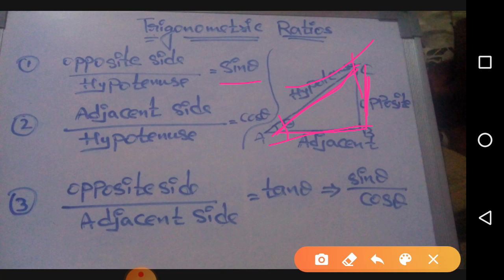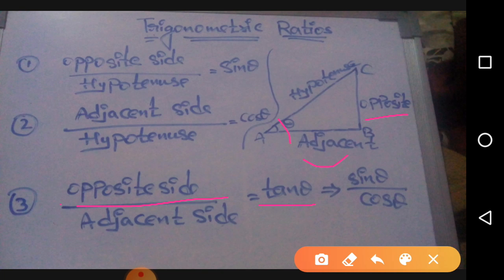Next, we have the second parameter. Let's say the angle is given and the hypotenuse is given, and you want to find the adjacent, then cos theta equals adjacent side by hypotenuse. Whereas the third parameter, even though there are other three parameters which we'll discuss in later classes, tells about this: if adjacent is given, angle is given, and you want to find the opposite, you can take the help of tan, and tan theta equals opposite side by adjacent side.